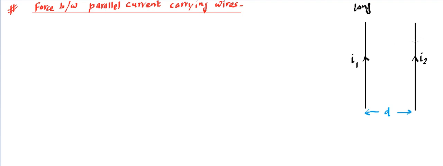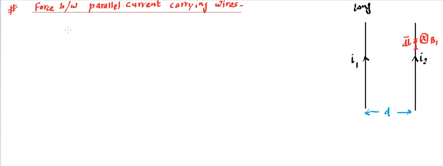So because of this, the magnetic field is going to be here, and that's going to be B1. So that means we can think of this wire 2 as placed in the presence of magnetic field B1. And in this wire 2 we can take any differential length element dl. And here we can apply this force dF.